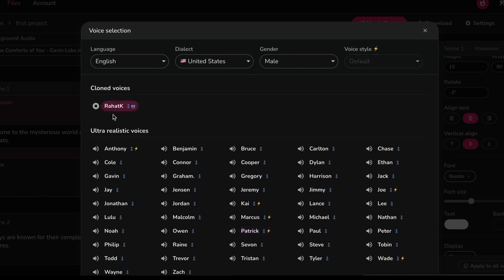Flickr helps you create audio and video content using lifelike AI voices in But I haven't used this voice anywhere